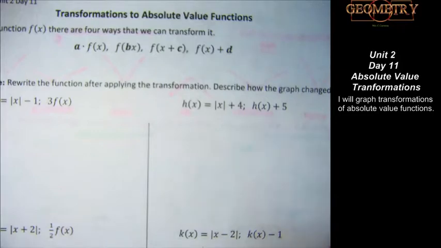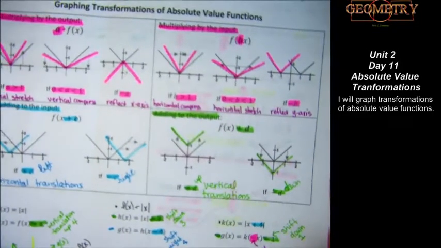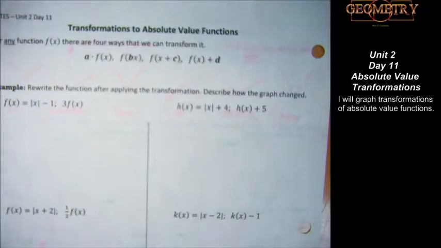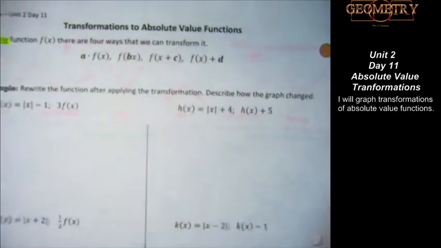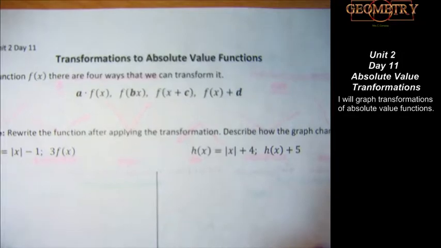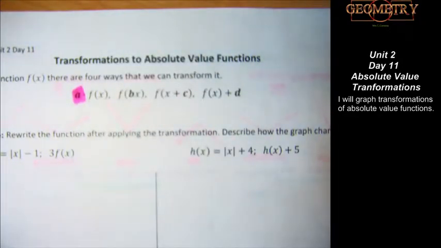So what we've just done, namely these things, can be done to any function in the entire world. We did it with lines. We're doing it with absolute value. When we get to quadratics, parabolas, we're going to do it with them. We're going to do it with cubic functions, polynomial functions, exponentials and logarithmic and trigonometric. And suddenly it sounds like I'm just making up words to confuse you. I promise I'm not. Someone else made up the words. I'm just using them. I'll show you what all those graphs look like, the parent function, and we'll be doing